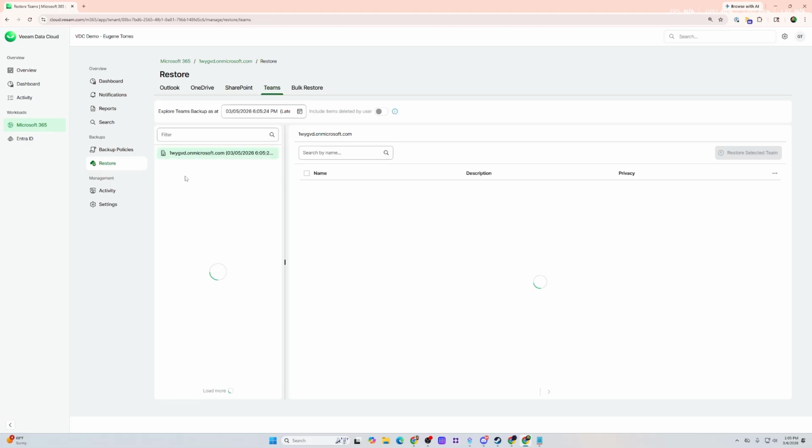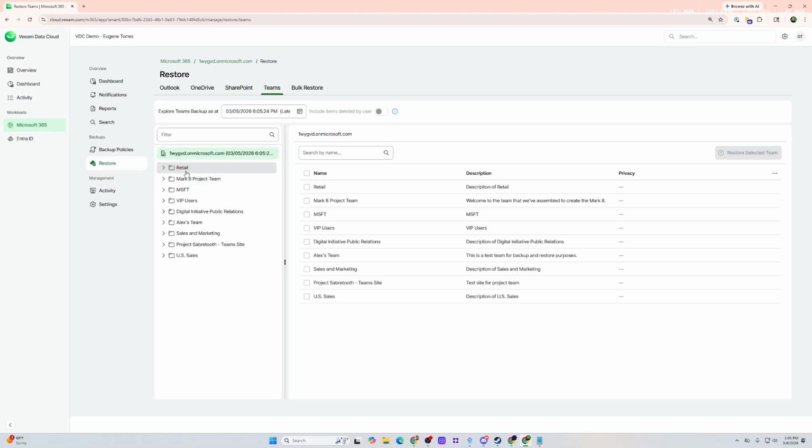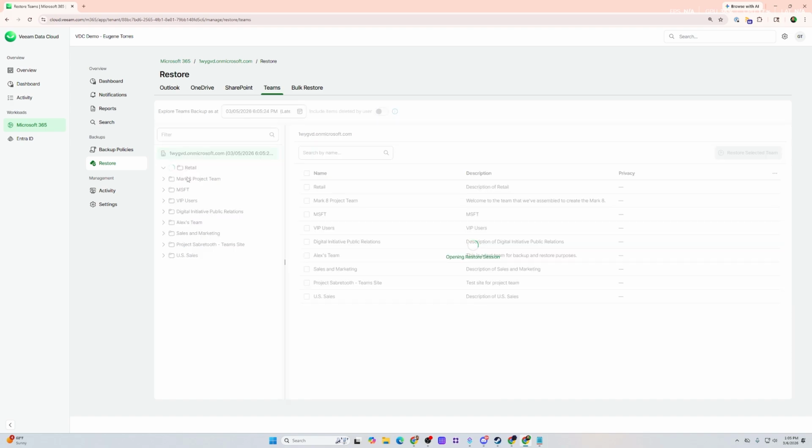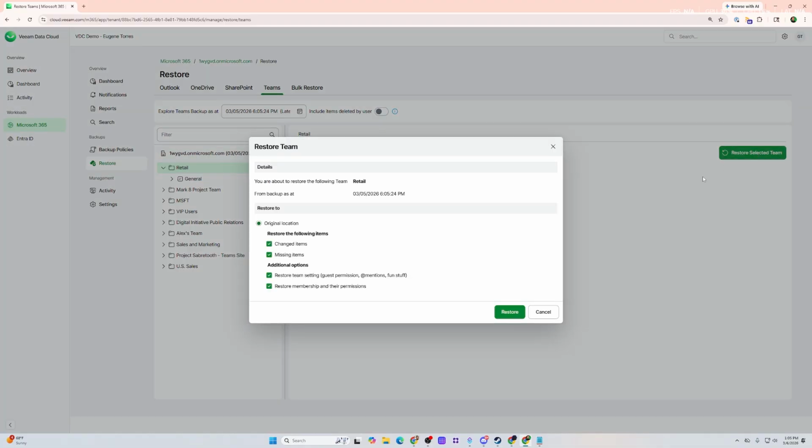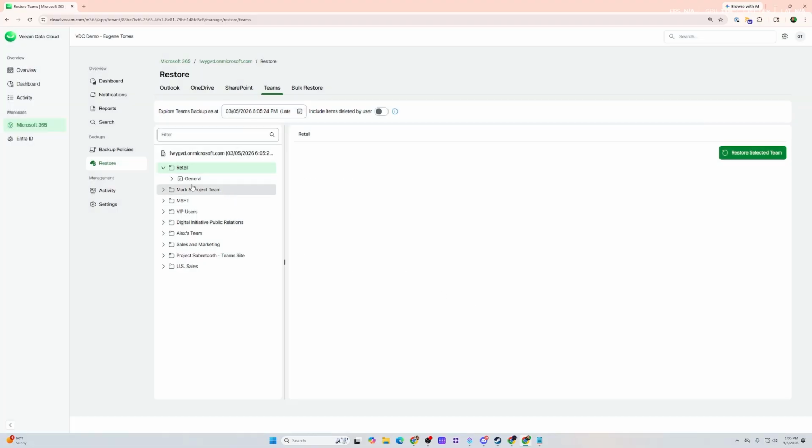If something happens to the team that's being used actively for channel posts, tabs, documents, everything like that, I can recover the team, and I can even do things like fix permissions on teams where the permissions have been broken. So that's very powerful here in terms of being able to recover a team back to its previous state or a point in time. But outside of that, we do have the ability to protect the channels themselves with the posts,